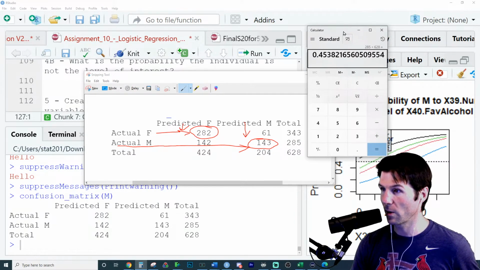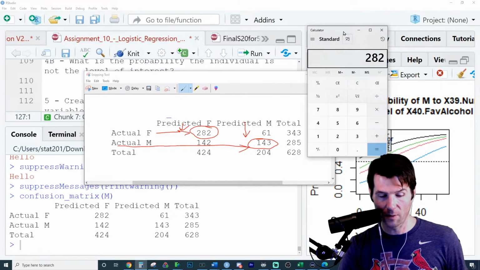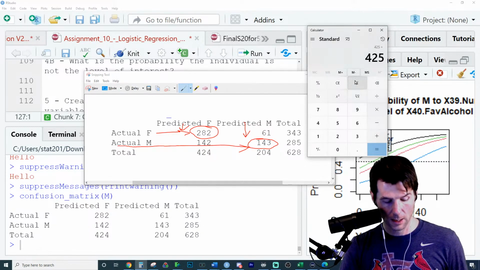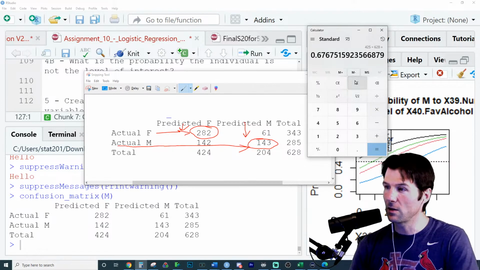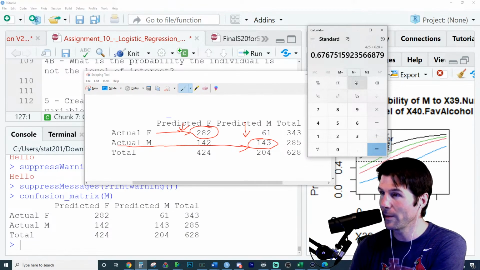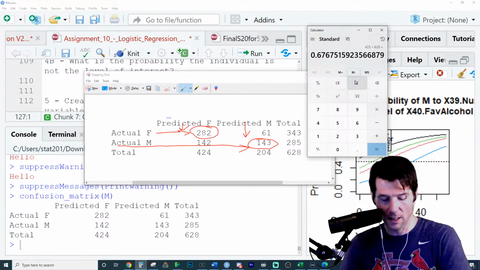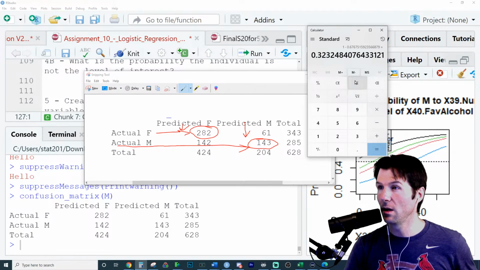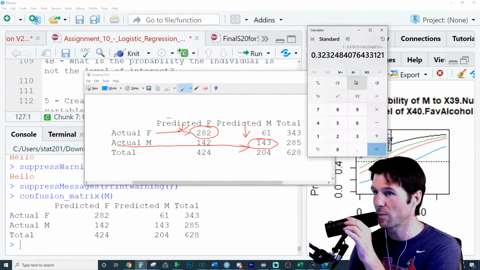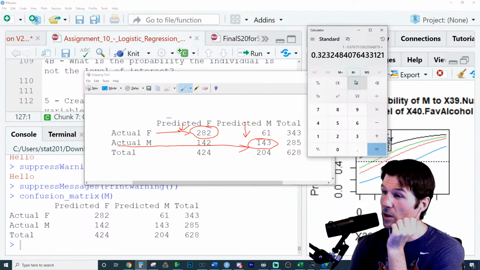Your model is going to correctly classify things, the sum of these divided by the total. We figure out right here how many total your model got correct out of the amount that exists, and that is the accuracy of your model, or classification rate. How accurate was my model? It accurately predicted somebody being male or female 67.67% of the time, and it was wrong 32.32% of the time. So you would do a comparison right here to look at how much better your model does. And this model is pretty good.